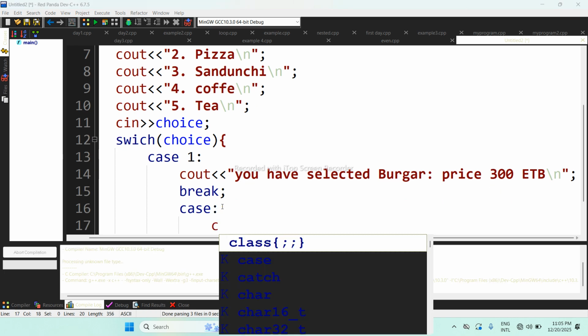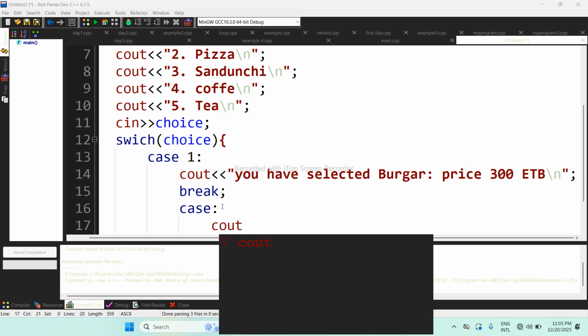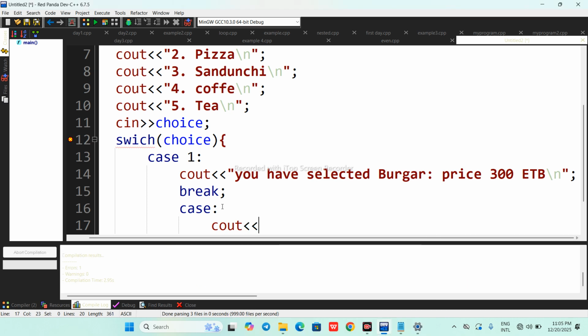In case 2 we also need to write cout. That means if the user selects 2, we need to write a message for pizza. So, "You have selected pizza. Price 400 Ethiopian birr".